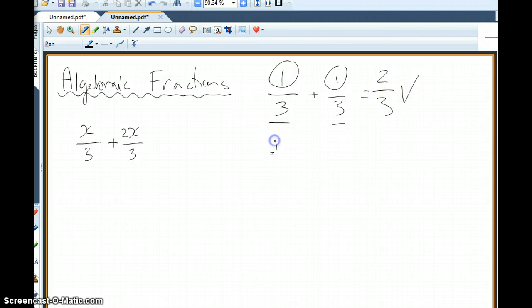However, when the denominators were different, okay, different. By the word denominator, what do I mean? The bottom number. When the bottom number was different, I needed to come up with a common denominator. So I would change this one to 6,